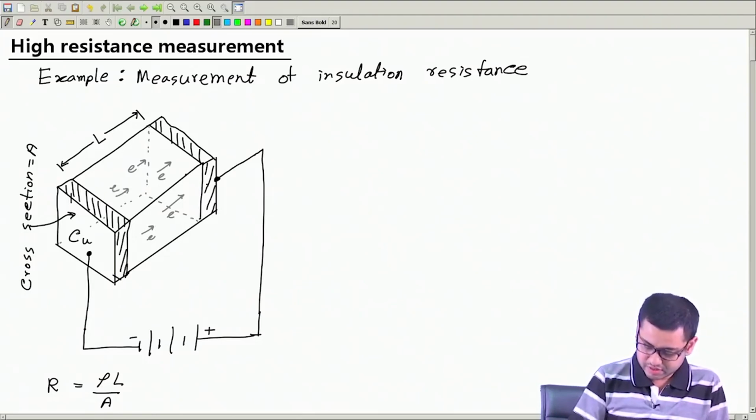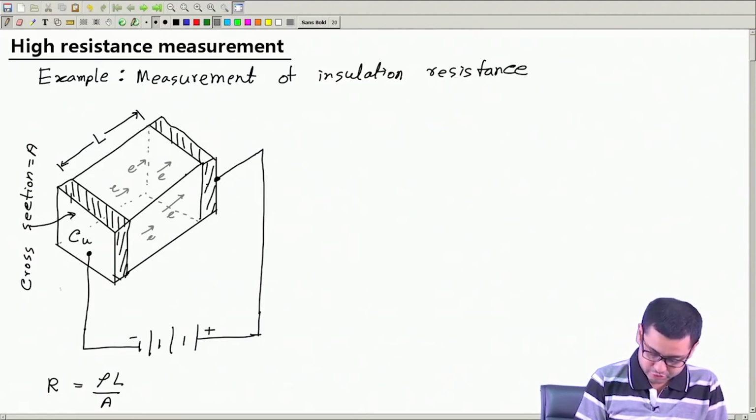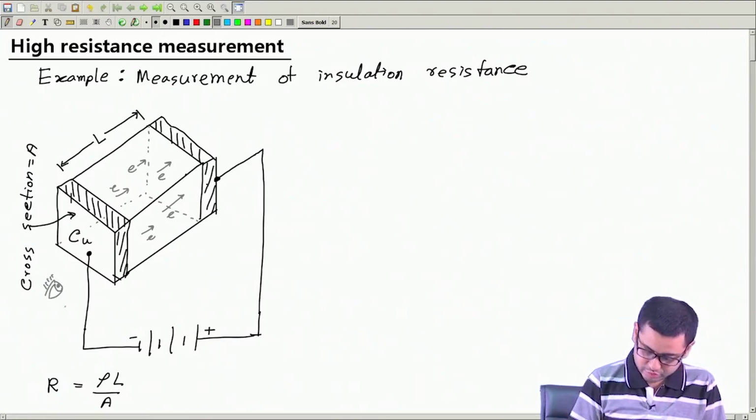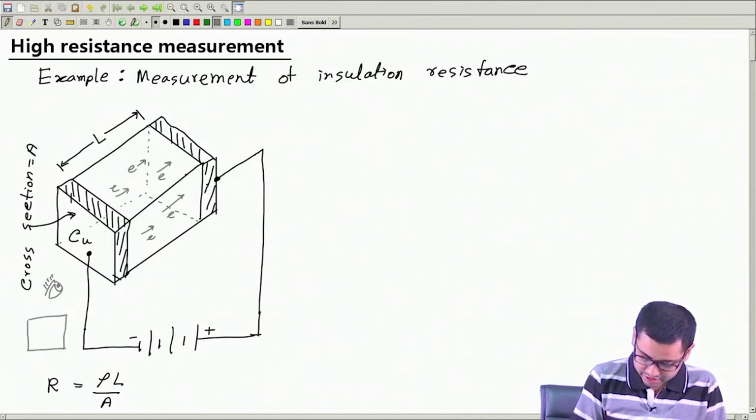Okay. And if you see from this side, you will see this cross section as a square,